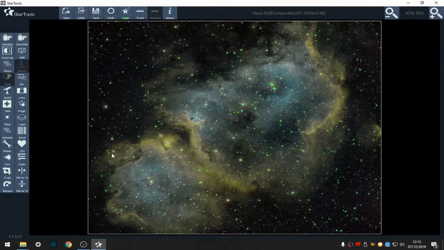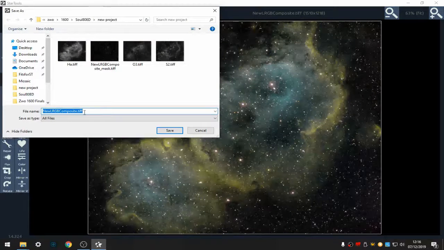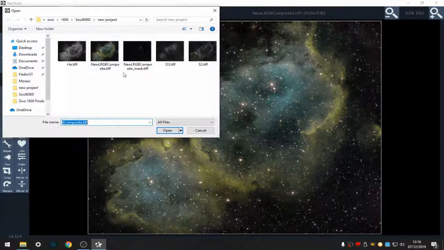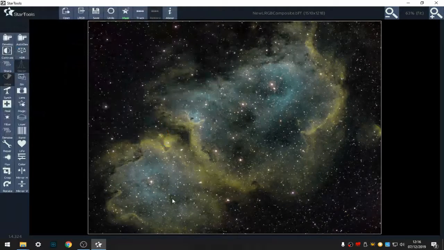So now I've got my image with the stars shrunk, but I want to be able to work on it with tracking still. So I save the image now as my new composite. Simply open the image back up again, and we're tracking again, but with smaller stars. So now I can do deconvolution, everything else that I want to do, and then stop tracking again and do